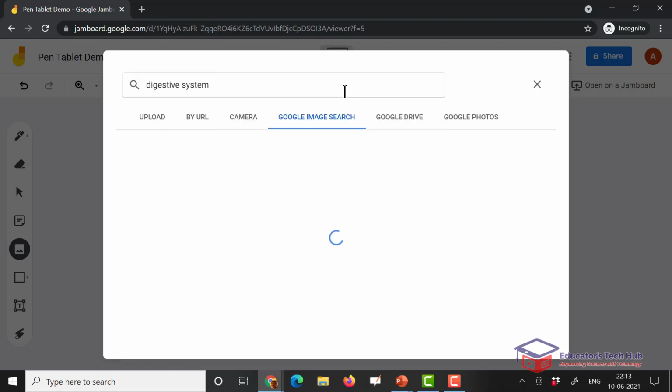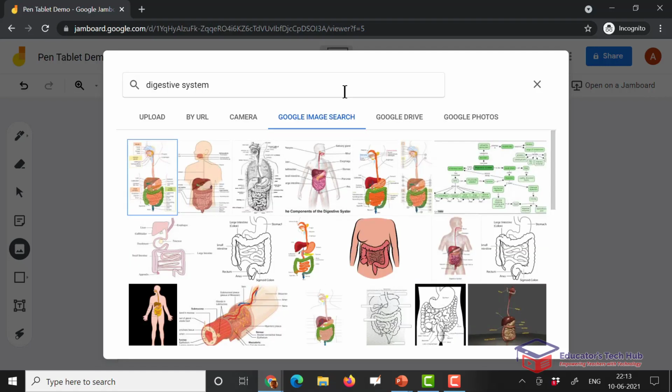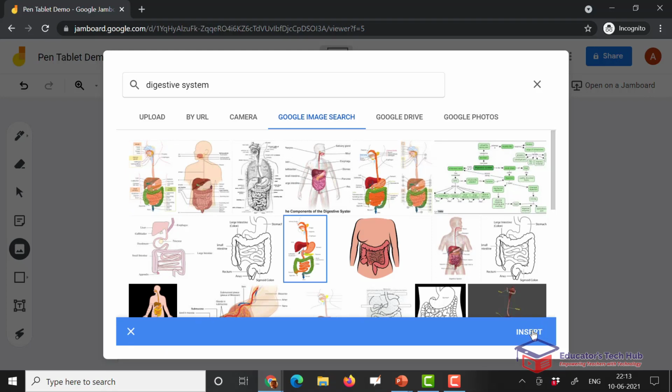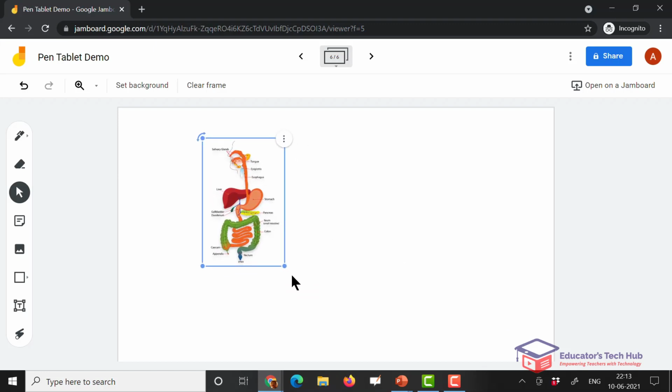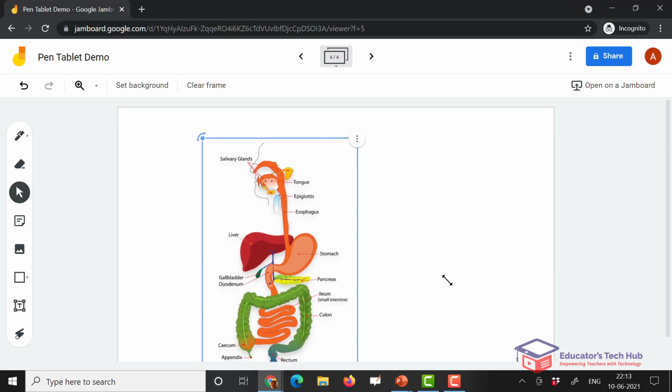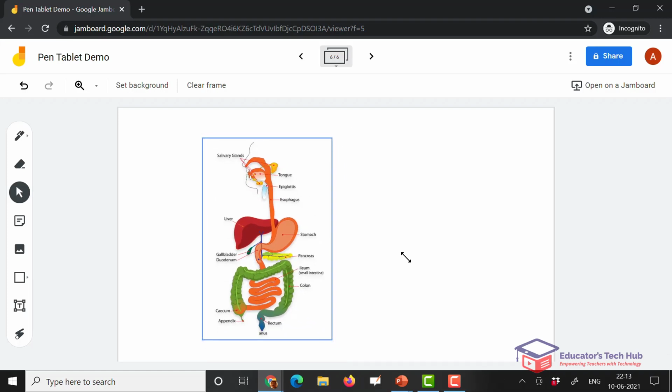I can simply type in digestive system here, and then possibly just choose the right figure which I am interested in and bring it on to the screen. So here you have got the entire diagram with you.